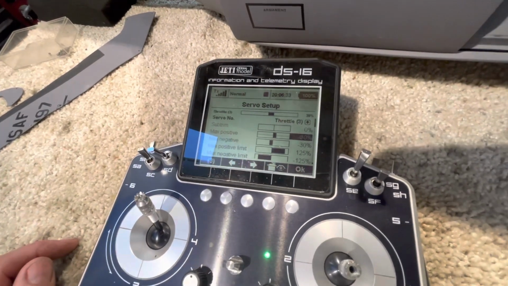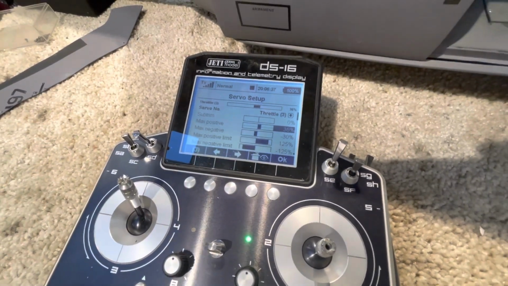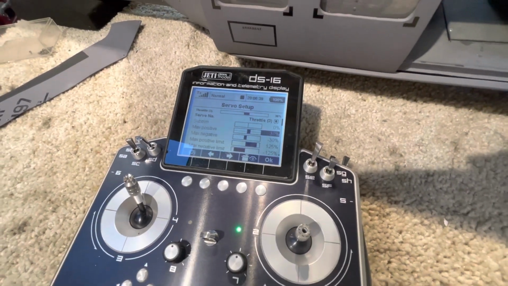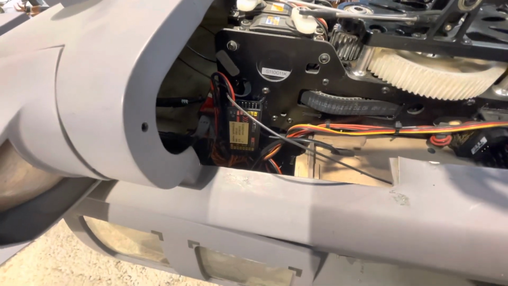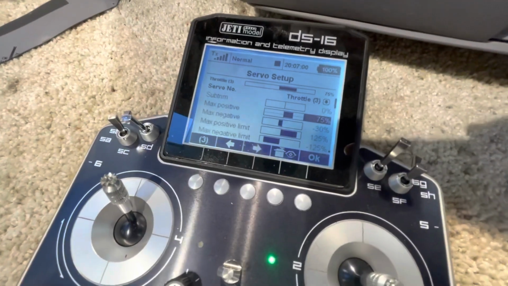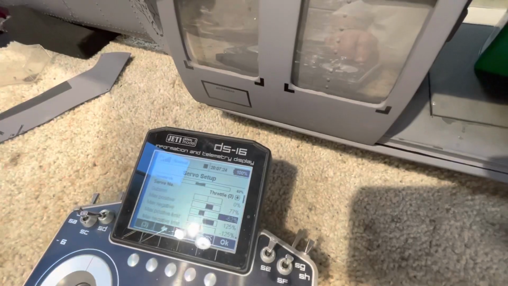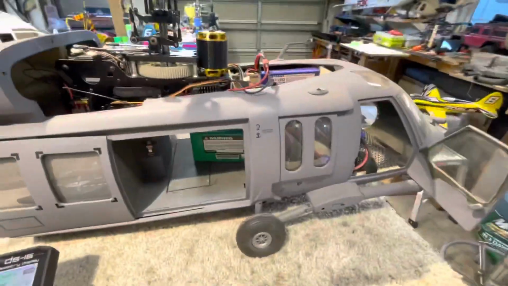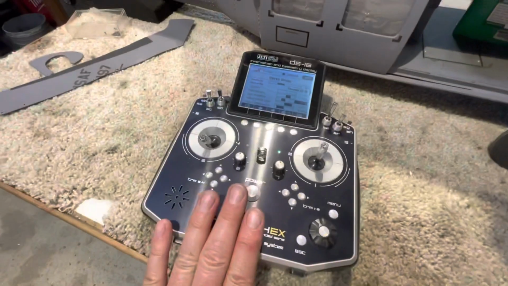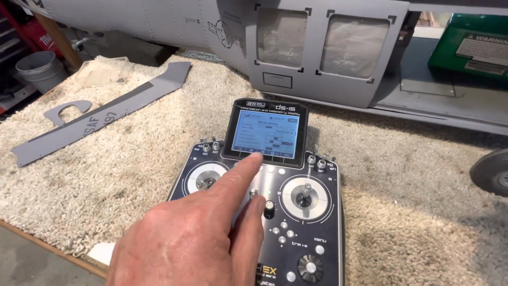So what I'm going to do is I'm going to raise that up until I hear the boop on the ESC. And you can kind of see it going up here. There's the first one. Then I go 2 more points. Now, I want to calibrate the bottom end. There it is. Then I can unplug this. My ESC is calibrated to my radio,